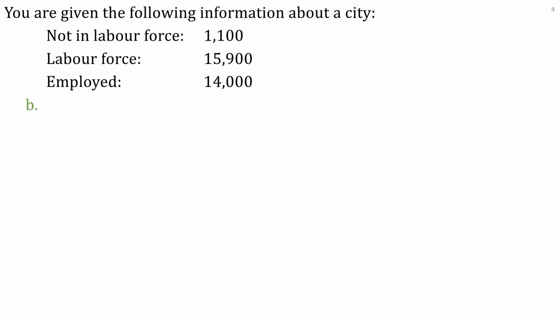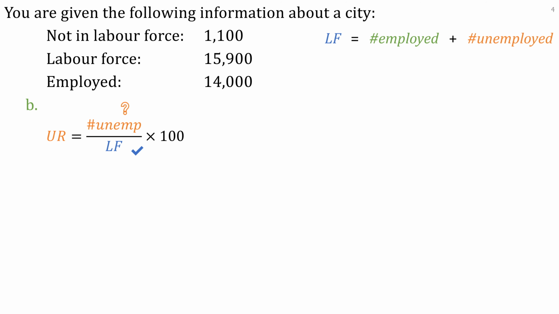Part B is about finding the unemployment rate. So you start with writing the formula, that's the number of people unemployed over the labor force times 100. Now we know the labor force, but we don't know the number of people unemployed. So we have to use another formula, and that was the labor force, which is employed plus unemployed. We have the two numbers that we need. So what we have to do is we have to move the employed to the other side